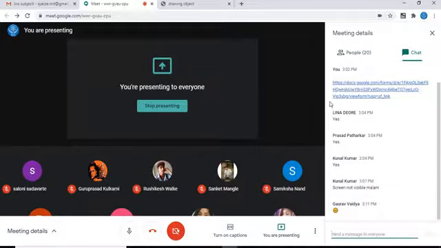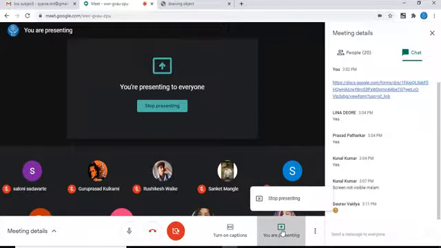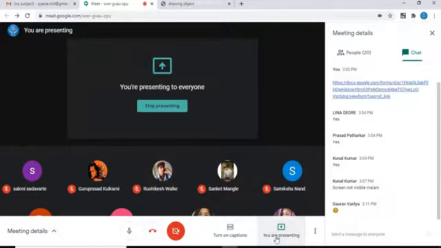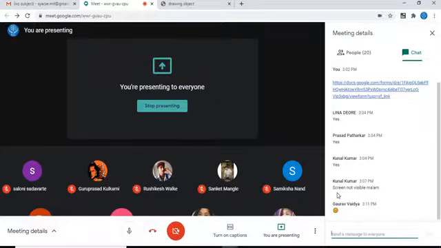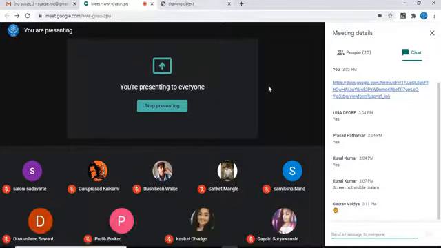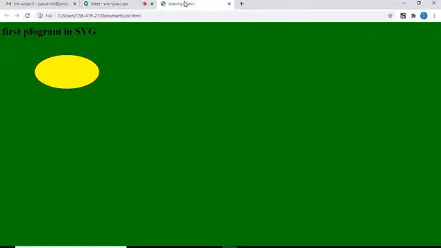Hello, is the output visible or not for you? I have shown the output for the next program, the ellipse. Someone is saying that the screen is not visible, but I kept it visible. So this is the output.